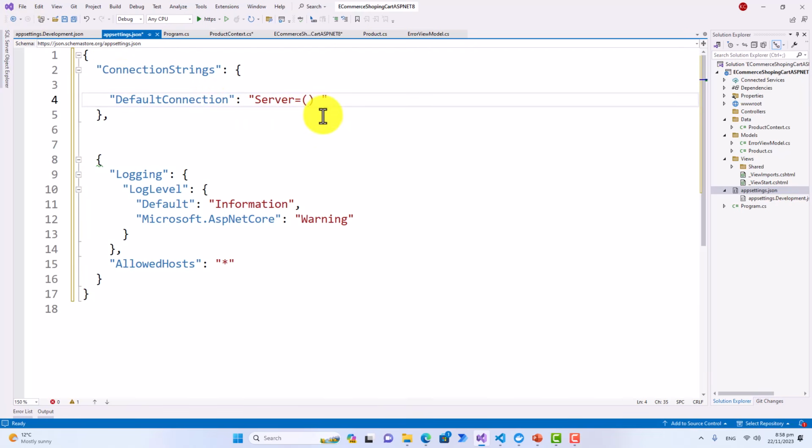This will be LocalDB, so (localdb)\MSSQLLocalDB. So Server will be (localdb)\MSSQLLocalDB. This is the way it is written, and then the database will be